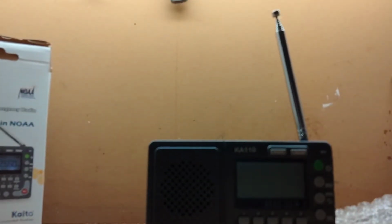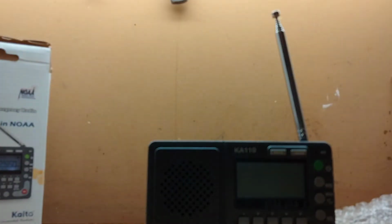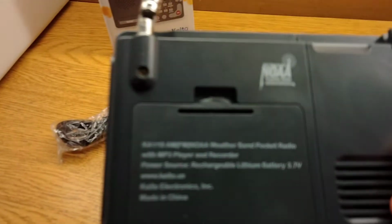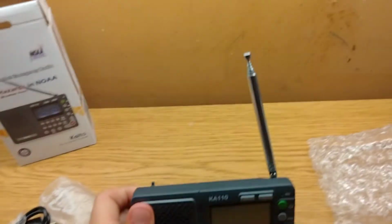So how exciting is that. We're gonna take a look at the menu. Here's your user manual. So actually, let's get into the radio. So let's start. I'm gonna lay this down. The rechargeable battery's already plugged in, and then the buttons on this